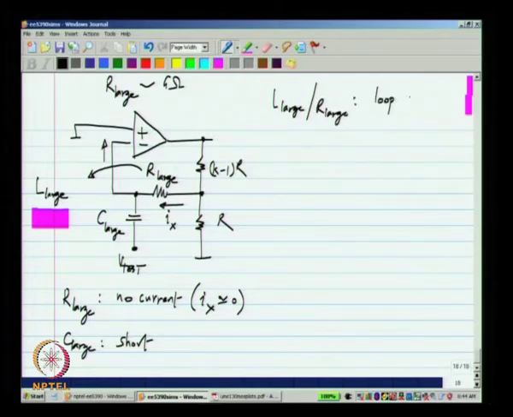This makes sure that the loop is closed for DC, and C large which appears at some frequency beyond 0 will make sure that the loop is broken for AC. Okay.